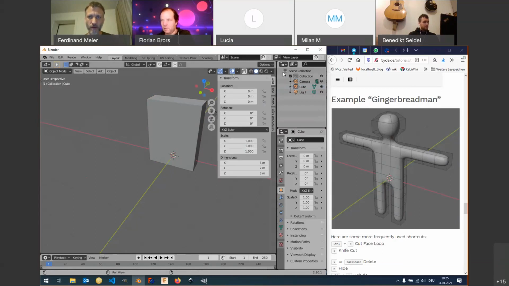And I will move this away a little bit. The numeric panel shows you your dimensions. So now we see that our block is 6 meters by 2 meters by 8 meters. If we export this as an STL file, it will be 6 millimeters by 2 millimeters by 8 millimeters. In theory, you could set the units,